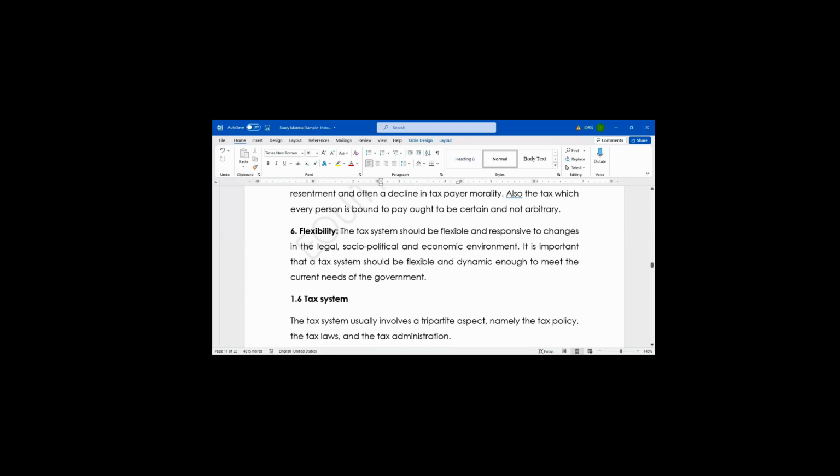Sometimes, the economy will boom. When the economy is booming, what will government do? They will impose more tax, abi. But when we are in economic recession, business is not doing well, government should reduce the rate of tax. Tax should be based on changes in circumstances of the country.